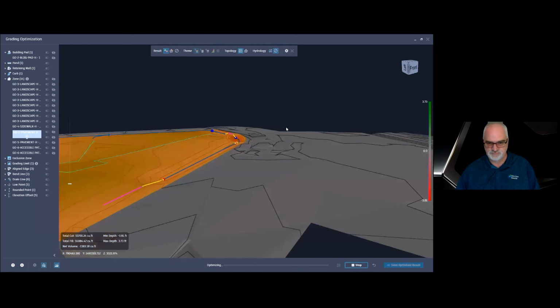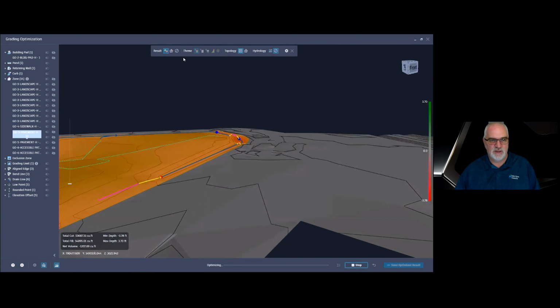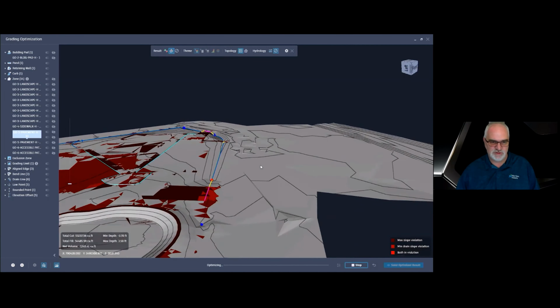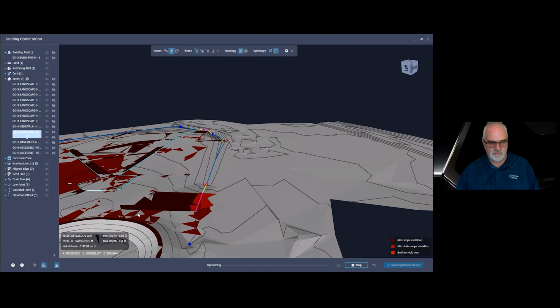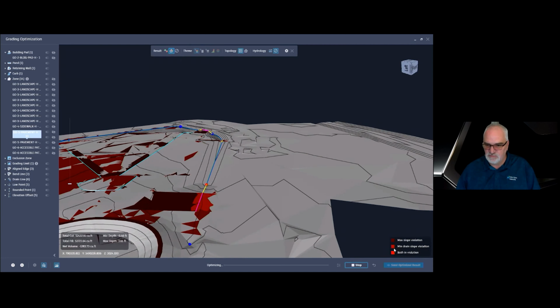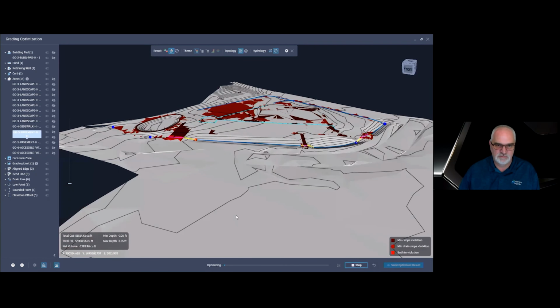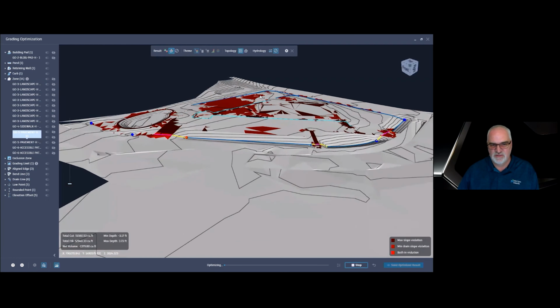And then if you want to see how it's working, this is showing you violation. So max slope violation is the darker red, min drain slope is that medium red, and then the light red is both. So really what you're looking for is those to start minimizing.